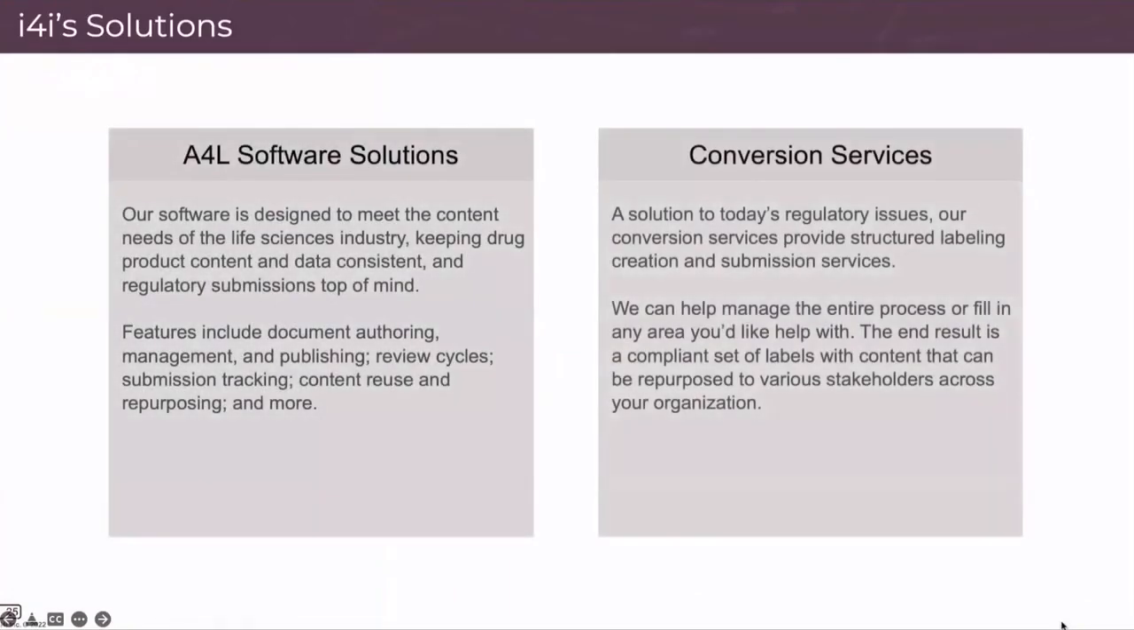So iFry's got you covered with two solutions. First, we have our software application, A4L. You can use A4L to create and manage your REMS SPL or any other type of SPL or XML PM without having to worry about the XML tags and controlled vocabulary codes, and also use it for publishing the REMS